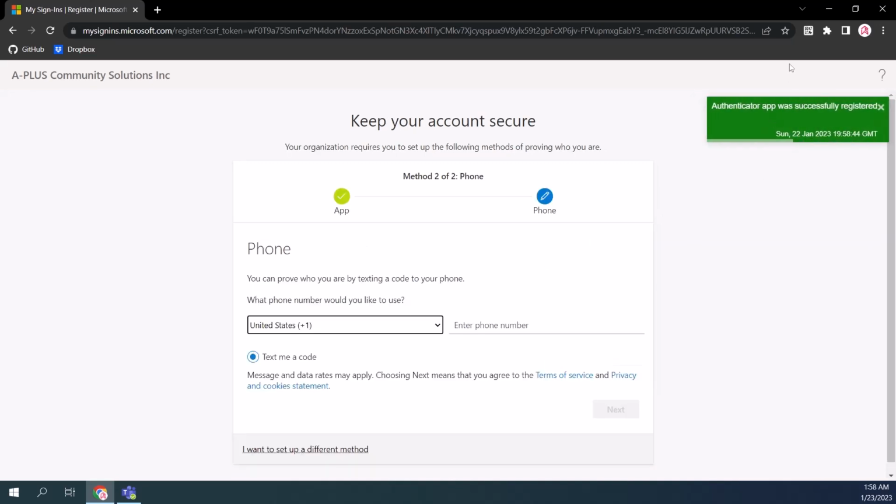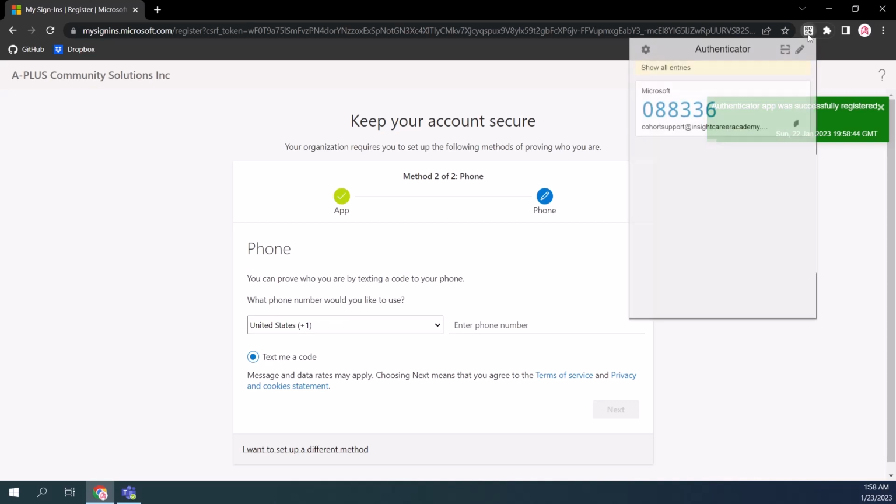Okay. I need to mention one thing, that sometimes it might add two codes here. So it might add two entries right here, or sometimes you are trying to scan that QR code, and it might be added, but you are timed out, so you will have to start all over again. So in that case, you'll have to edit the old one, and you'll have to add the